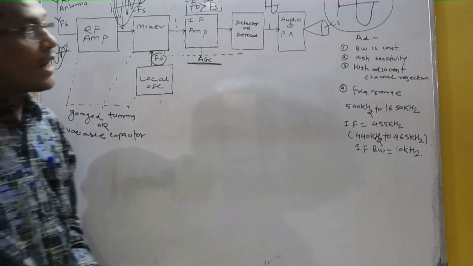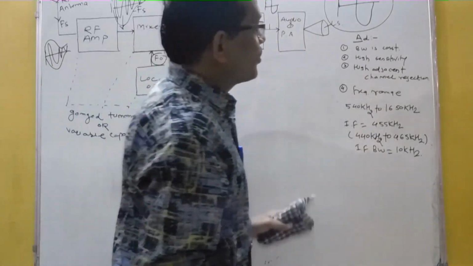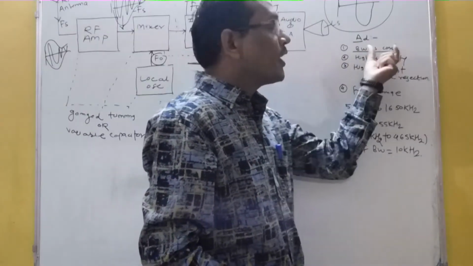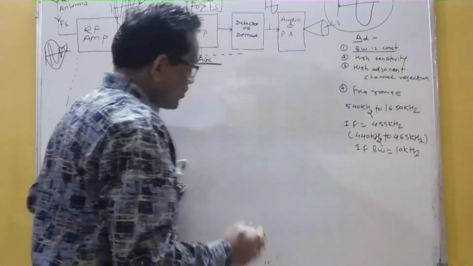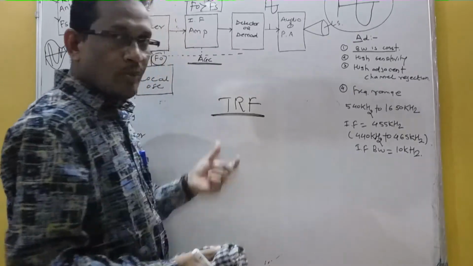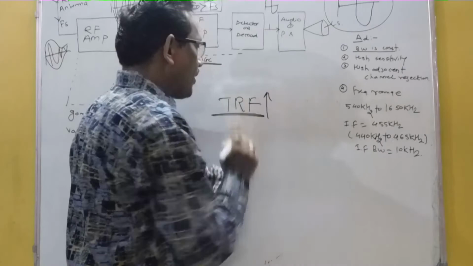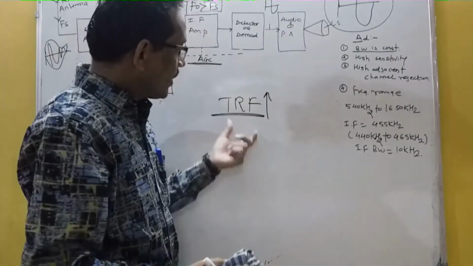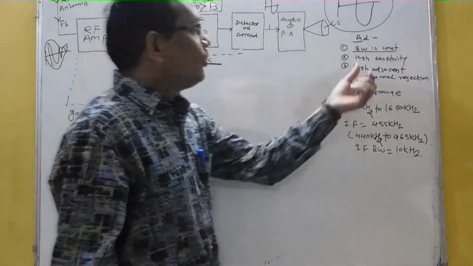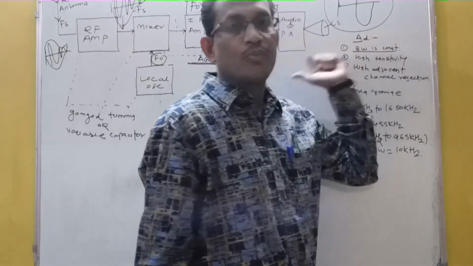So then what are the major advantages of the super heterodyne receiver? The first advantage is that the bandwidth in case of super heterodyne receiver is always constant. So there is no variation in the bandwidth. Basically there are two types of receiver. One is the TRF receiver, a very basic receiver. Nobody uses this in the current state. It has a major limitation, that means bandwidth is very high in this case. That's why nobody uses a TRF receiver in practical cases. This is the older one. So in case of super heterodyne receiver, there is no variation in the bandwidth. That's why the bandwidth is always constant.